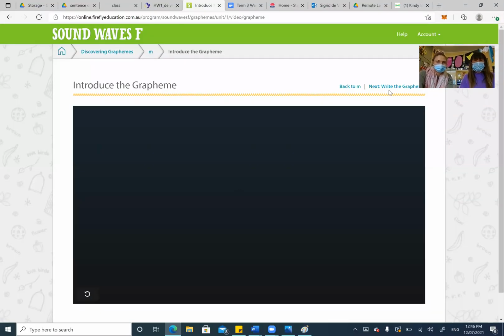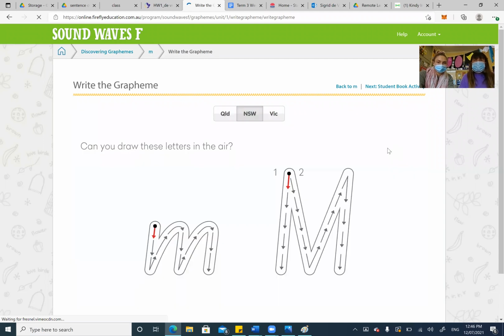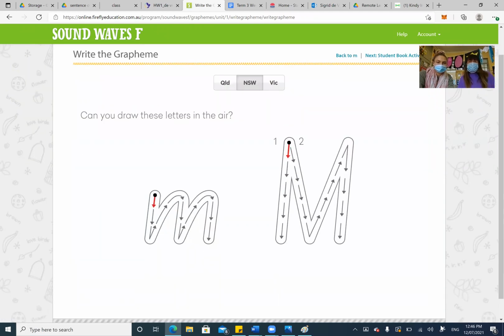We keep the letter M beside the moon. When you see the moon and the letter M, say the sound. Practice it. Okay, now on the screen, we have the lowercase m and the uppercase M.